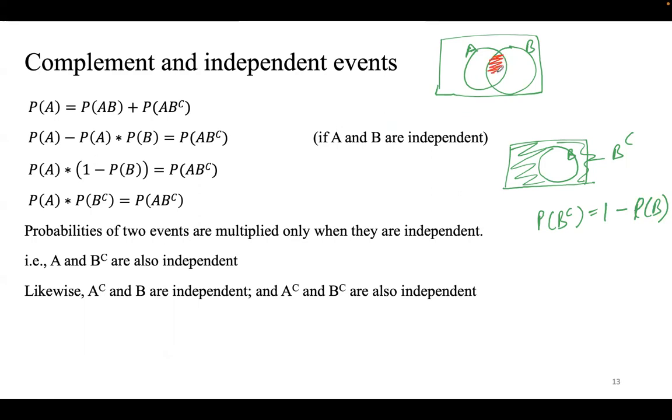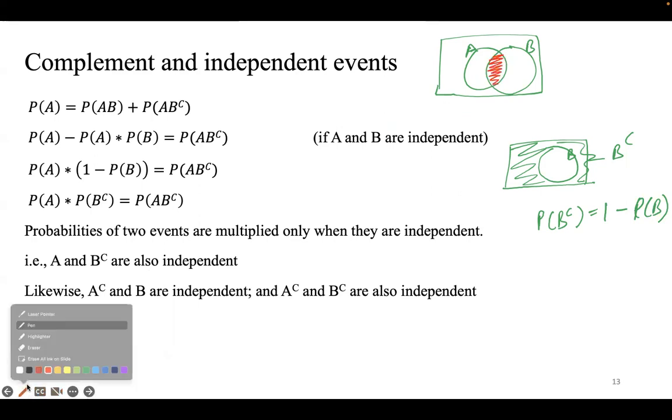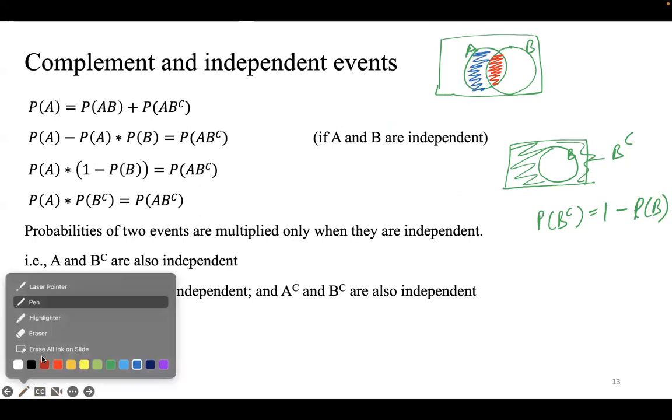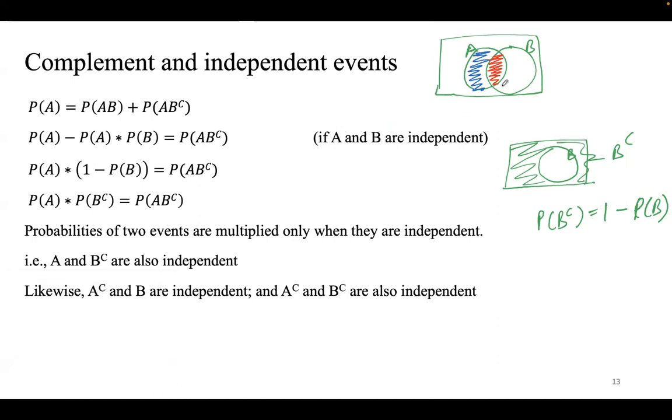this part of A, and if you see this part of A, right? So this part of A can be defined as A and B. This is how we define it, right? And this part of A can be defined as A and B complement, right? Because if you see, this thing is falling here in the green shaded area, right?